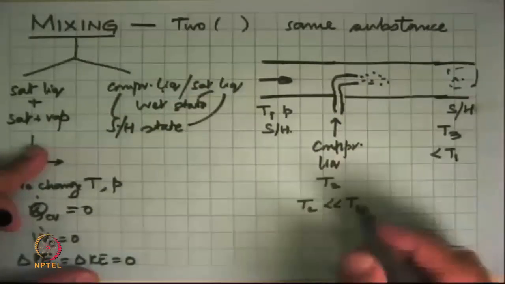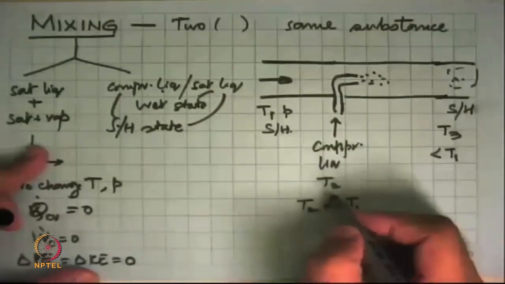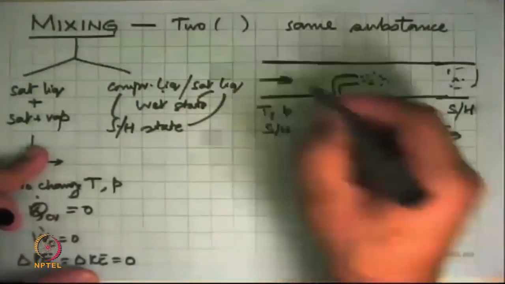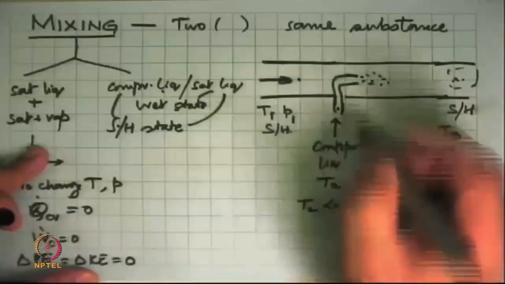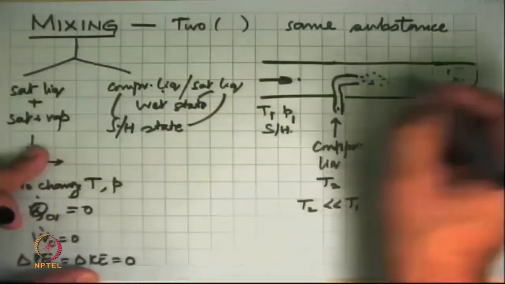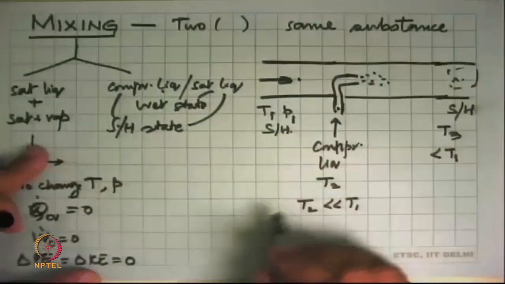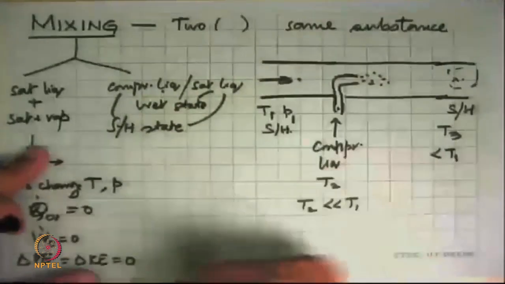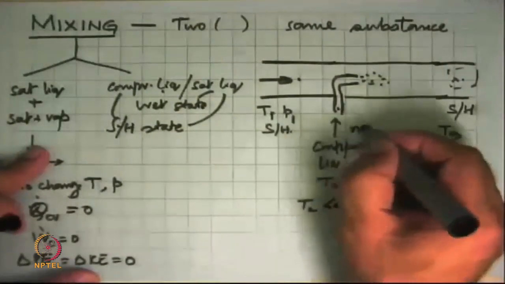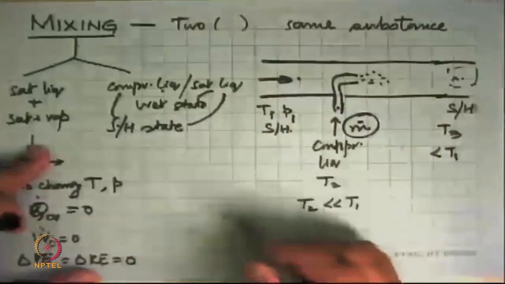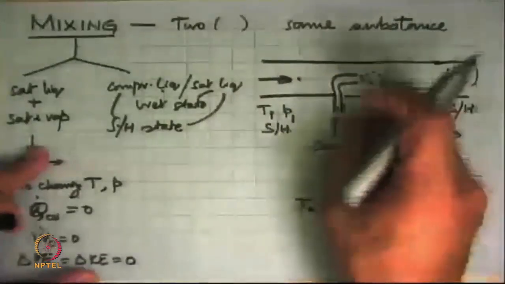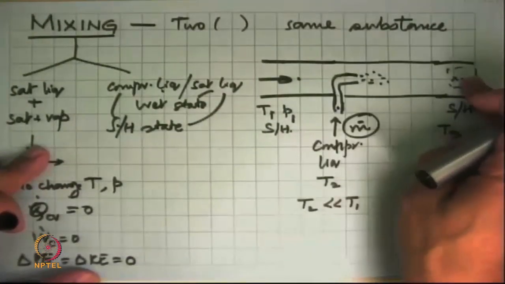There is very little pressure change in this process. To inject this, you would have brought it in at a higher pressure than P1, but then it would immediately get throttled, and then this liquid will come out. So what is happening is that if you can control this flow rate here, then you can adjust the temperature over here.